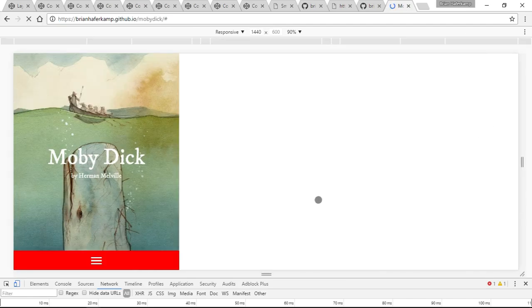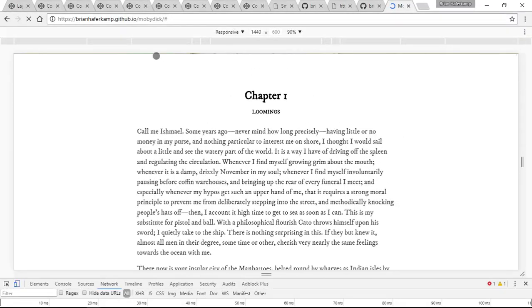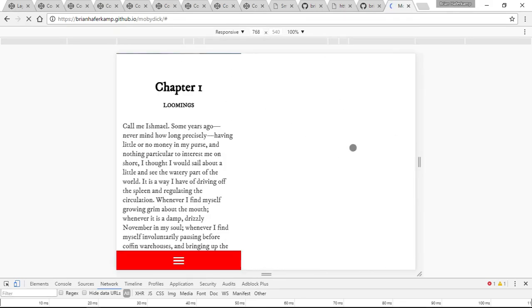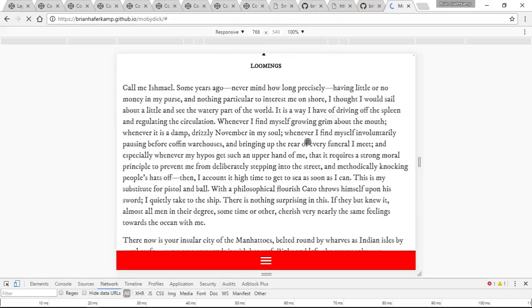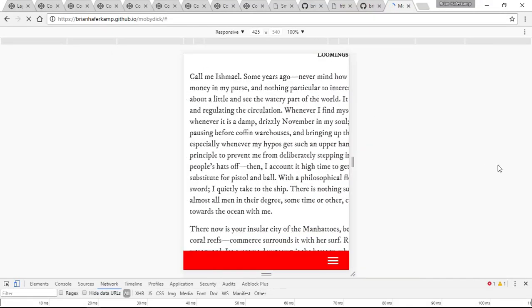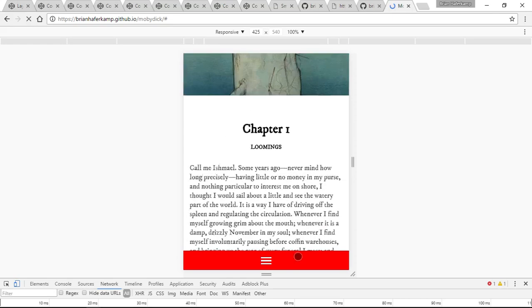You could read it on a television, which will be large like this. You could switch back and forth from the phone to the TV, to a tablet. So it looks good on a tablet as well. So this is essentially a single page web app, just like you would build a native web app. And